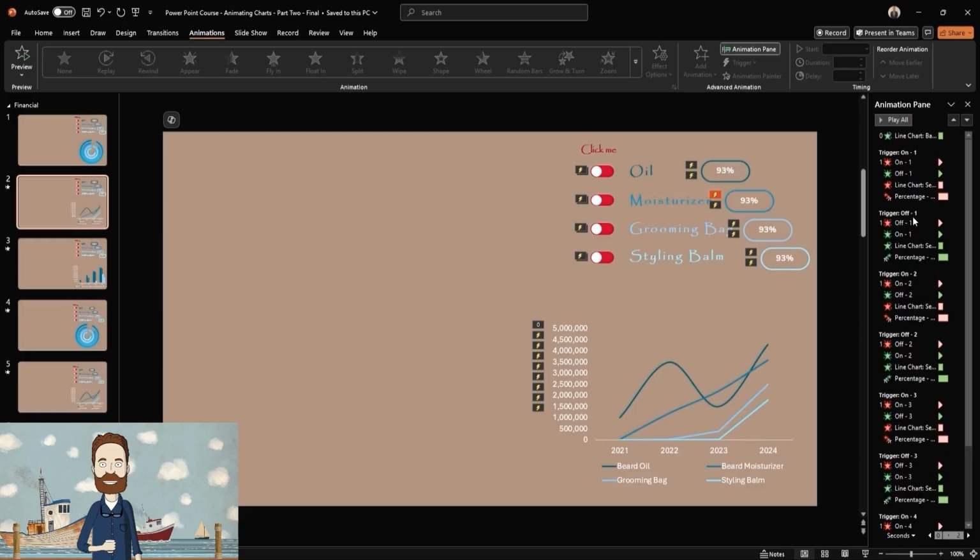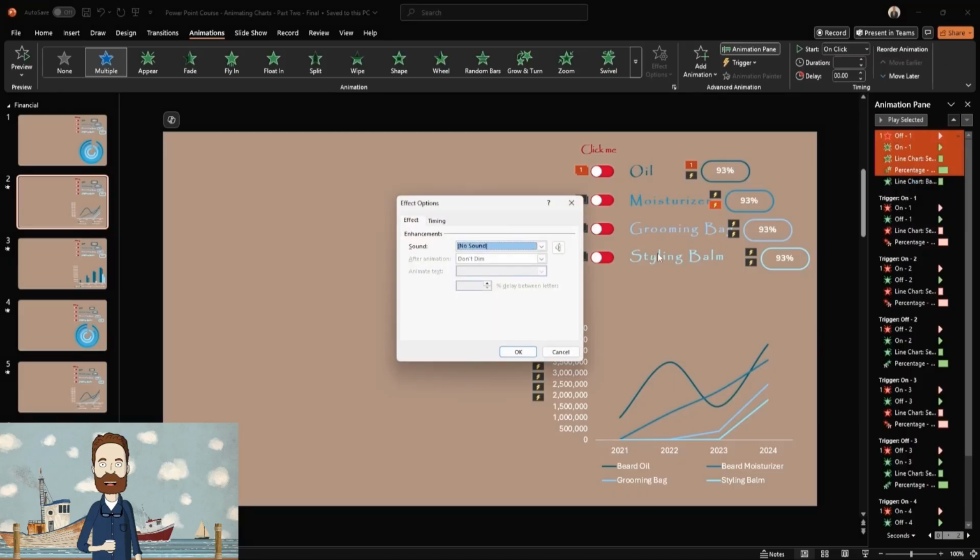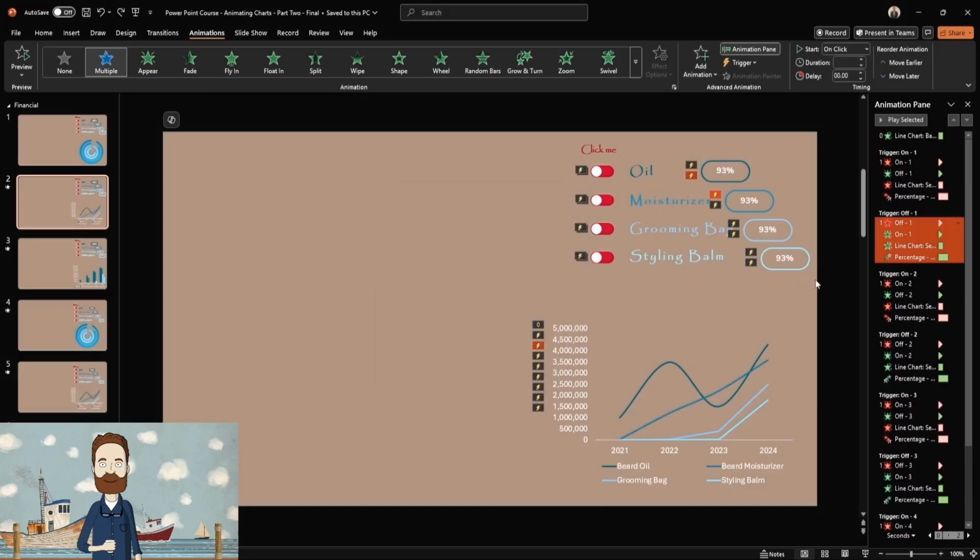But that's a simple fix, right? Just move the trigger group up above the other in the animation pane and you're done? Well, not really. Here's where the age of this tool starts to show. If you try to reorder the trigger groups by dragging one above the other, PowerPoint actually forgets the trigger assignment. That means you'd have to manually go back in and reassign each animation to the correct trigger, one by one. This isn't an impossible task, but it's definitely a frustrating one.